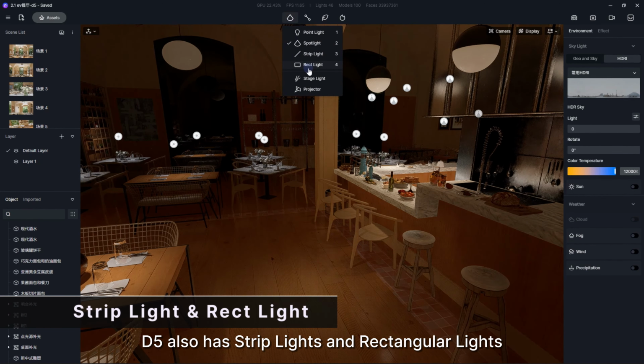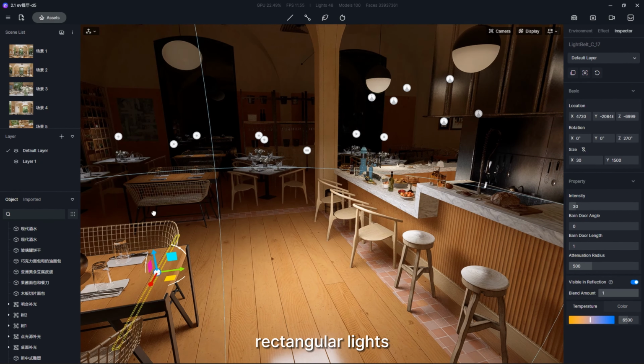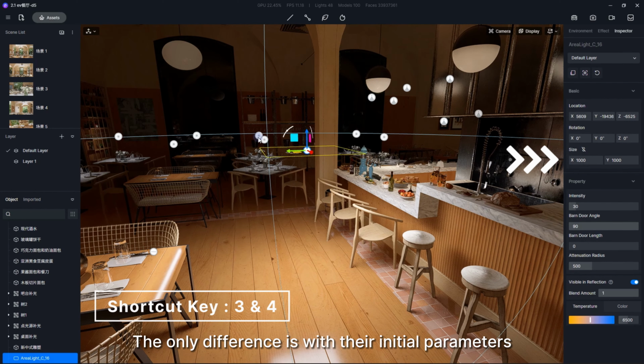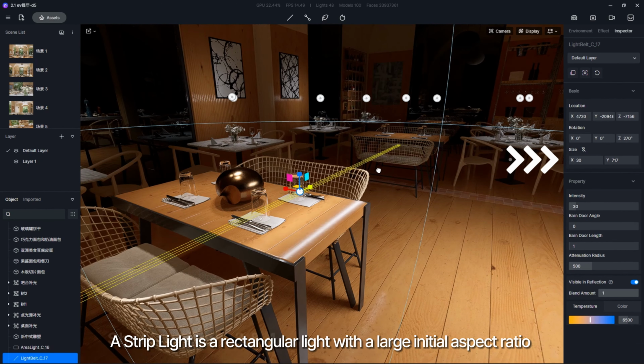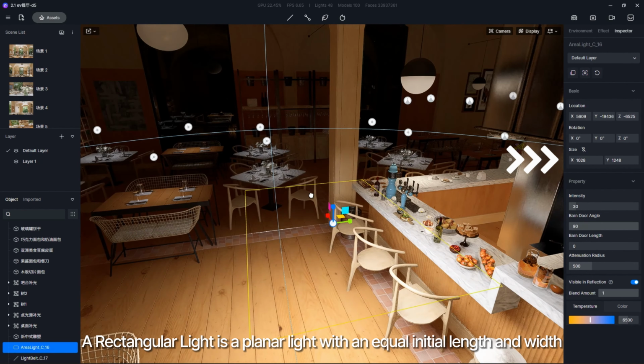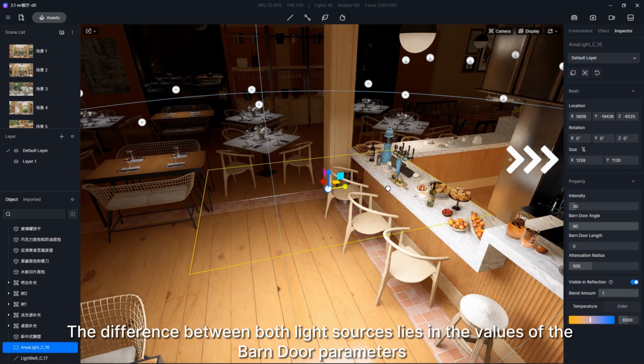D5 also has strip lights and rectangular lights. They are both in fact rectangular lights. The only difference is with their initial parameters. A strip light is a rectangular light with a large initial aspect ratio and a specified barn door length. A rectangular light is a planar light with an equal initial length and width, and a barn door length of 0. The difference between both light sources lies in the values of the barn door parameters, which can be adjusted